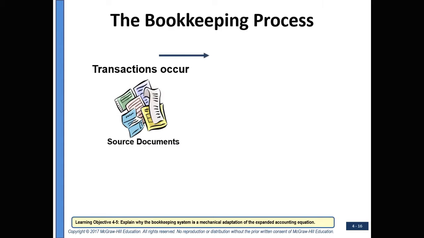One of the things that I cannot stress enough is that with all transactions, there should be a source document. The bookkeeping process involves taking those source documents and recording the transactions that occur. They record them first in the Book of Original Entry, also called the General Journal, and then posting or taking